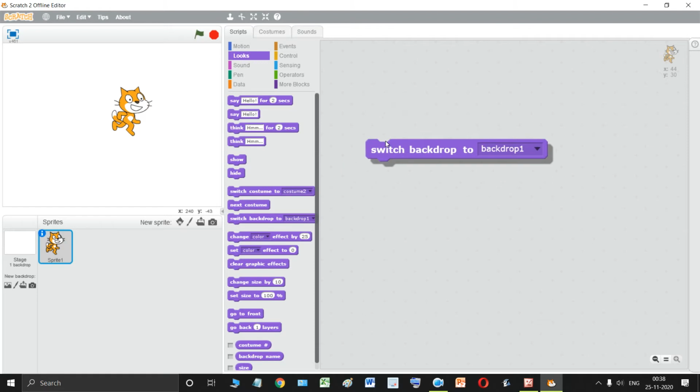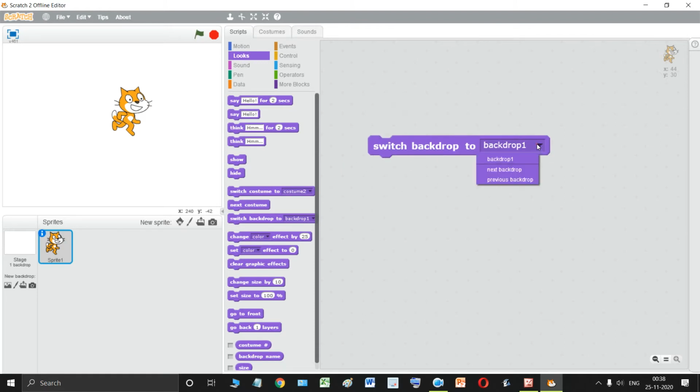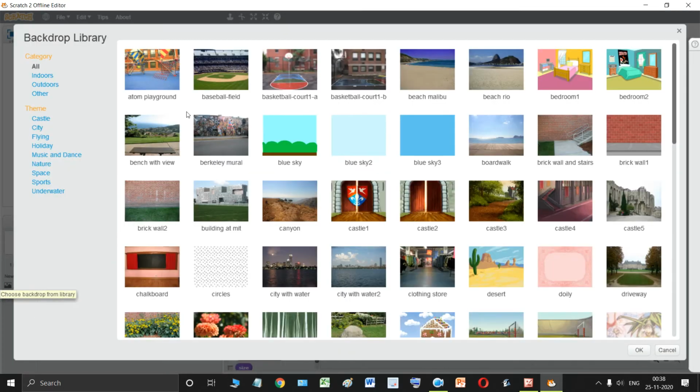So if I select this, I need to tell it which backdrop to change to. So I need to select a particular backdrop.